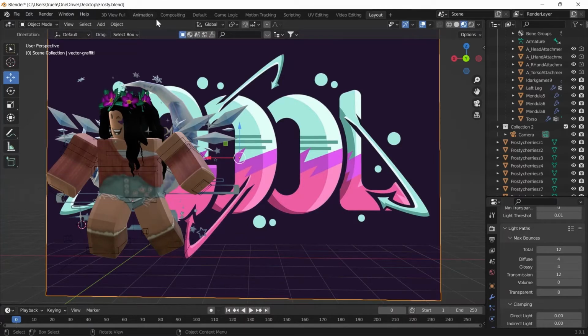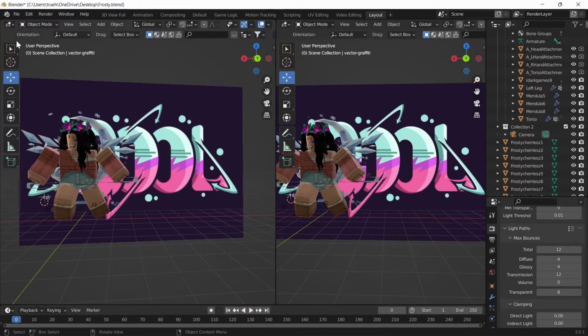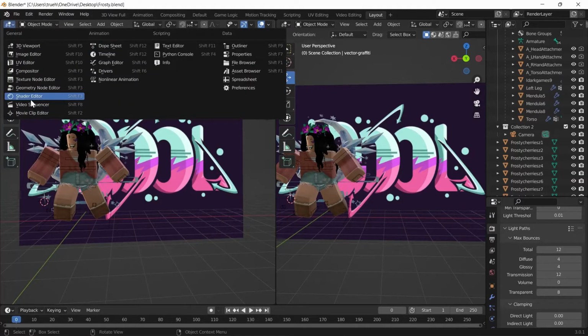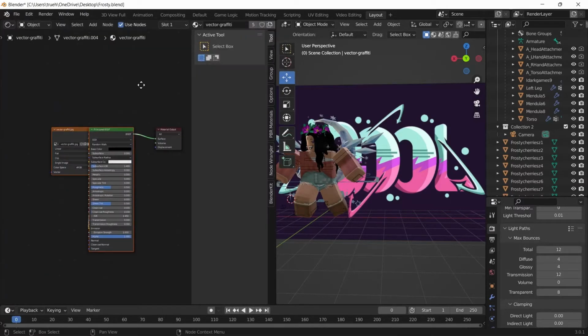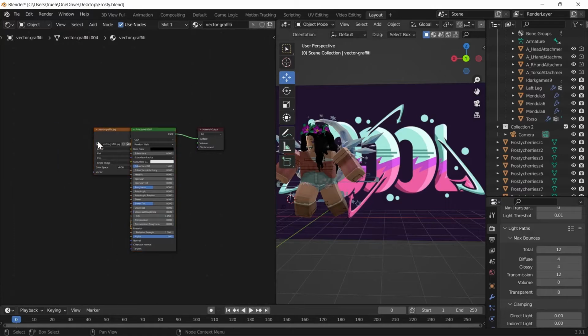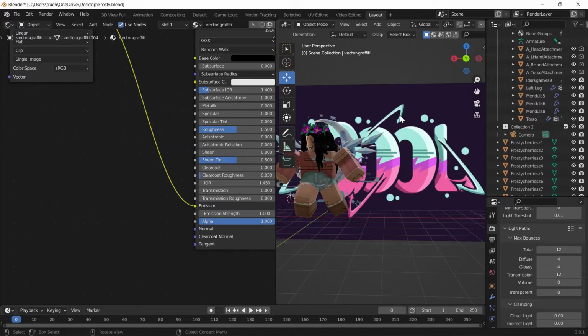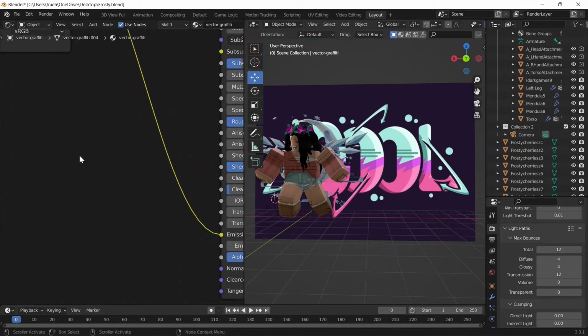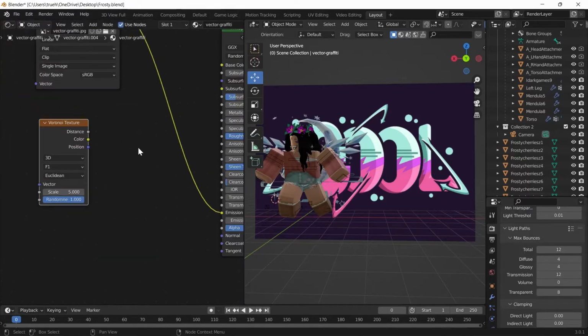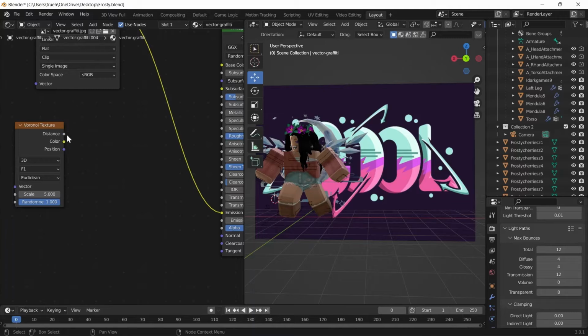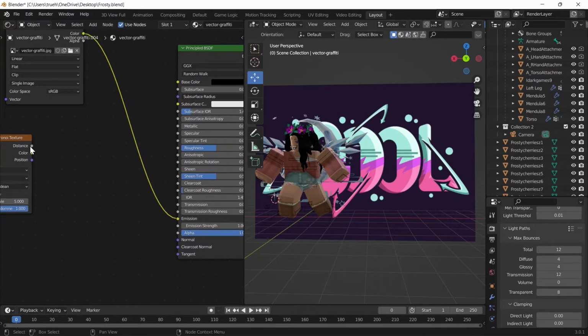I'm going to be splitting my screen into half and click on this icon here and choose shader editor. Okay, I'm going to be using nodes for adding the texture. So let's add them. Press Shift A, search for voronoi texture, place it here, and connect distance to alpha,